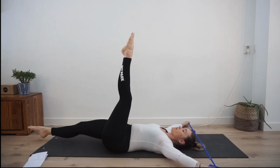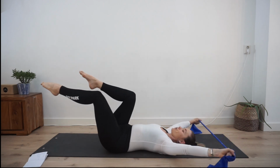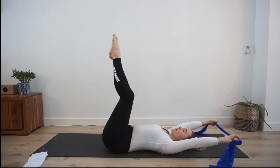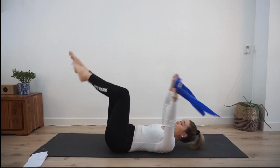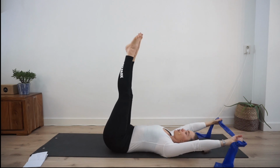If you're in tabletop, you could always go for a single leg stretch option. So you're sending one leg forward. It's going to be just as challenging as the scissor. Let's go for maybe 8 here. I just want to take a look at you. Guys, you look amazing. If you want to go beast mode on me, you can go for the double leg